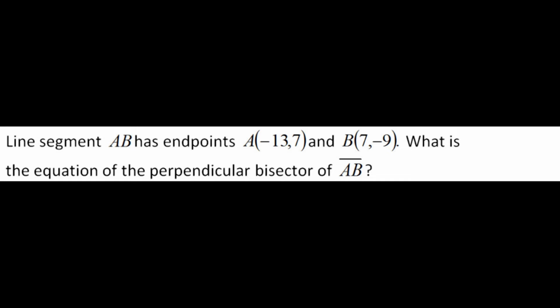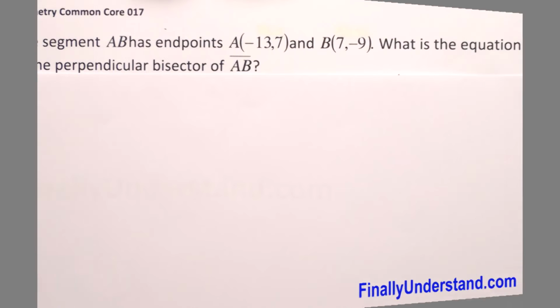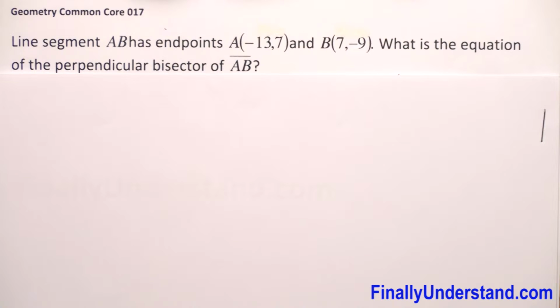Line segment AB has endpoints A, coordinates -13, 7 and B, 7, -9. What is the equation of the perpendicular bisector of segment AB? First, we know that a perpendicular bisector is a segment, ray, line or plane that is perpendicular to a segment at its